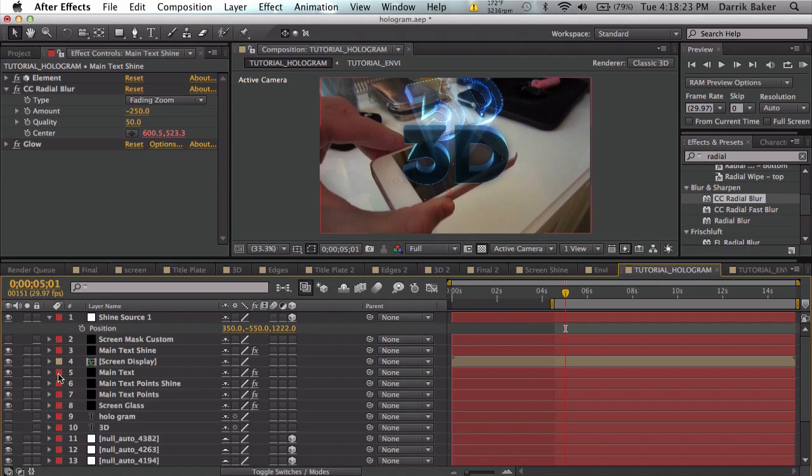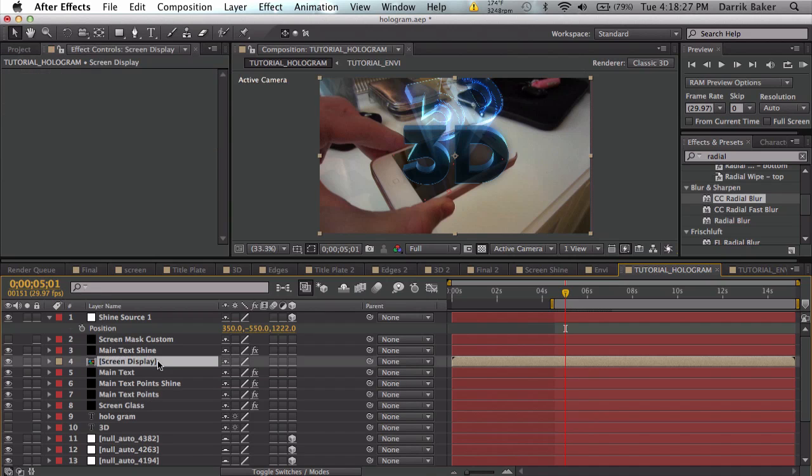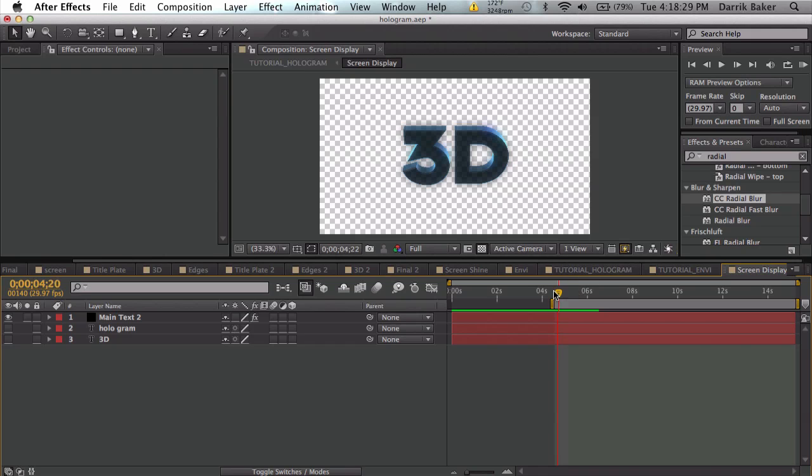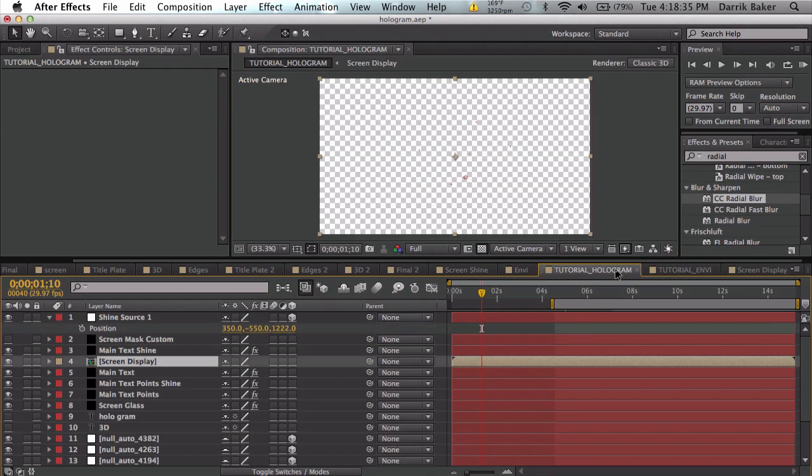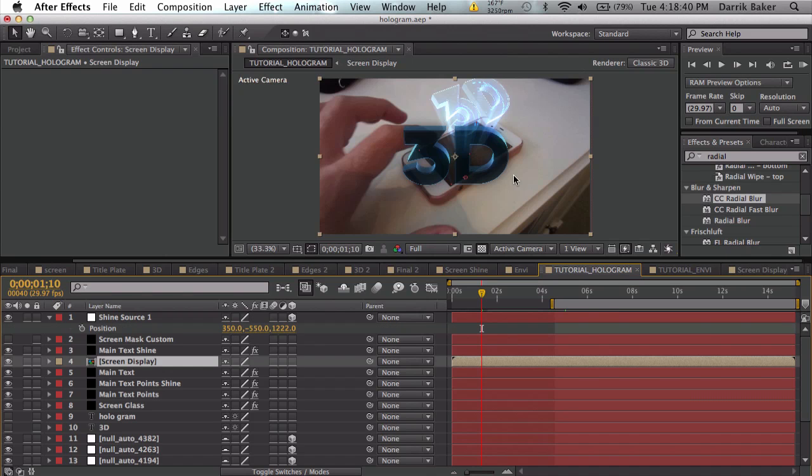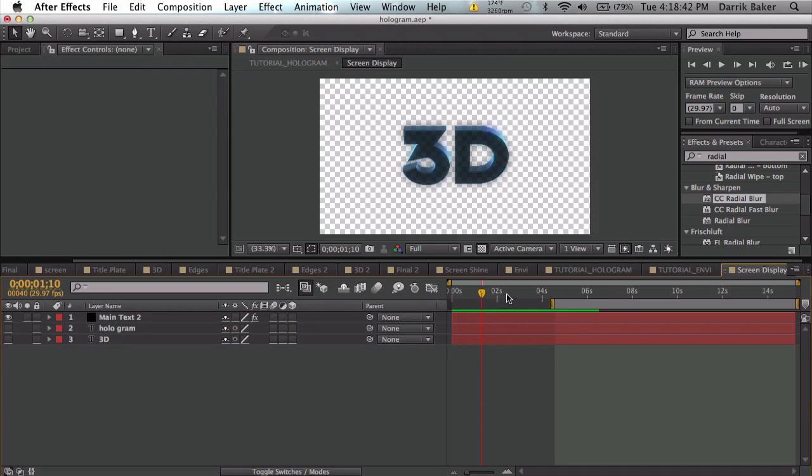So anyways, going back to the screen display, let's double click inside, and we get our text. So this is almost like we're looking straight on to the text from above the hologram, looking straight down onto the screen. So let's scrub through here, we get our little changing text, so that's pretty cool. What I'm going to do is